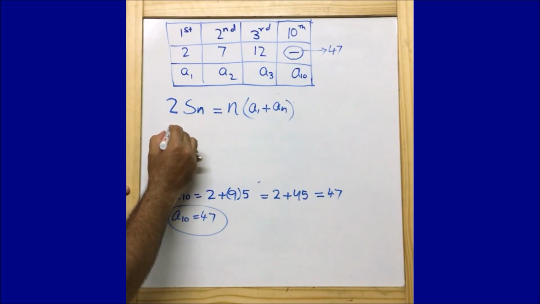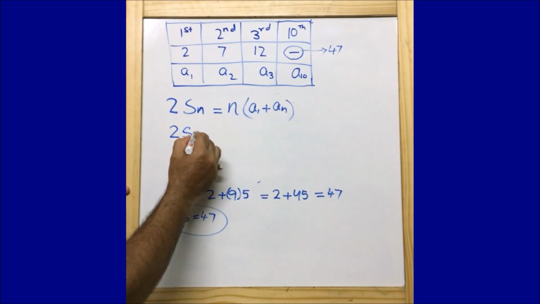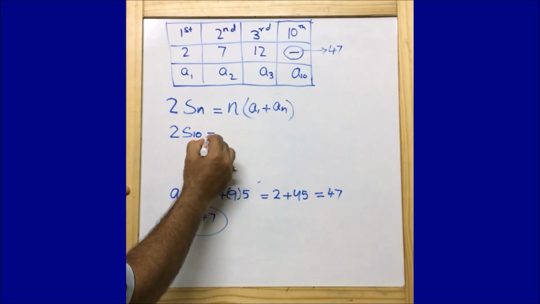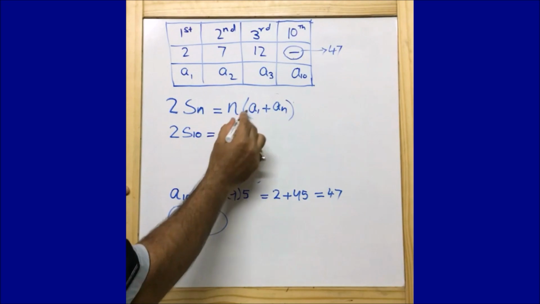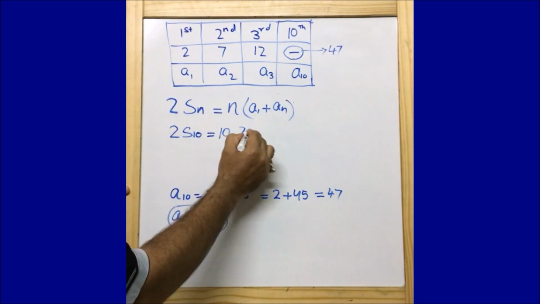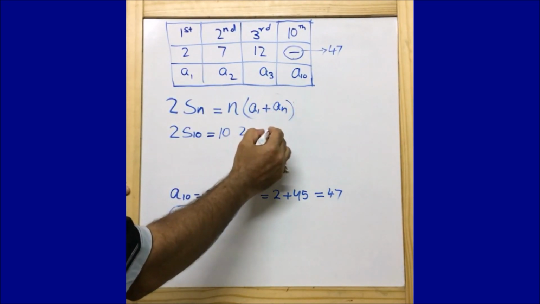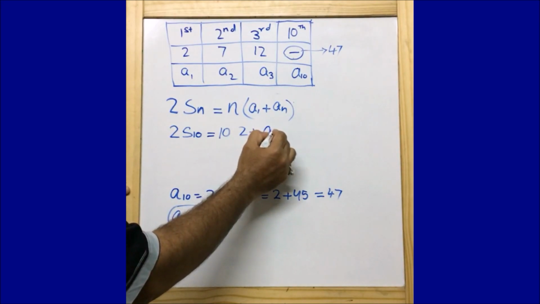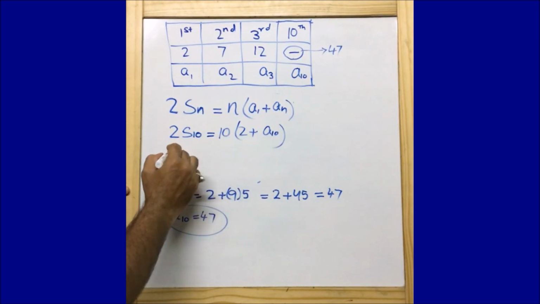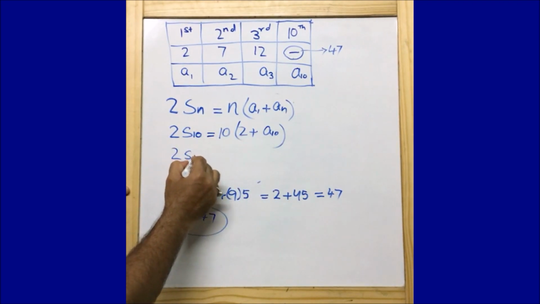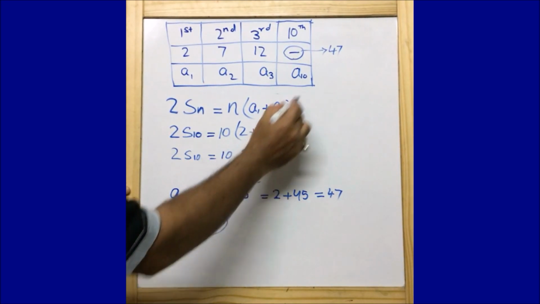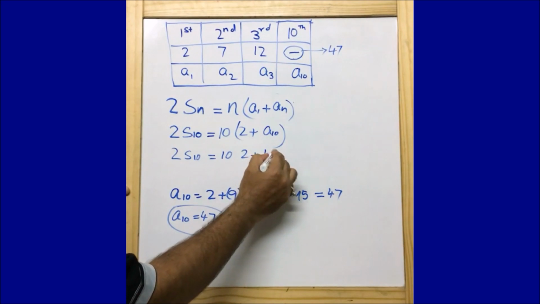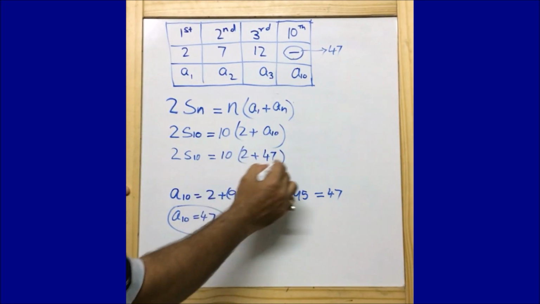Just replacing the values, I can write 2S10 because we are going to find the sum of 10 terms. 2S10 is equal to n here is 10, a1 here is 2 plus an, or a10. Now I can write 2S10 is equal to 10 into 2 plus a10, which is 47, that is what we derived just before,